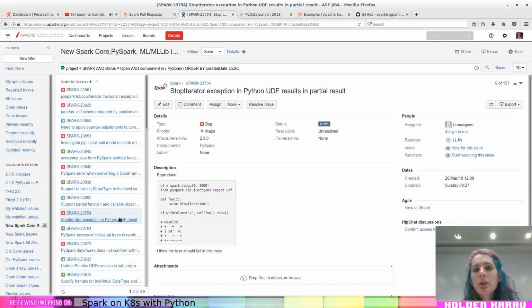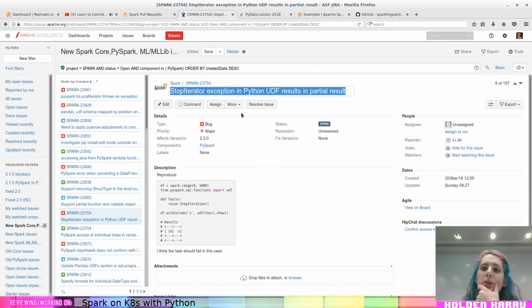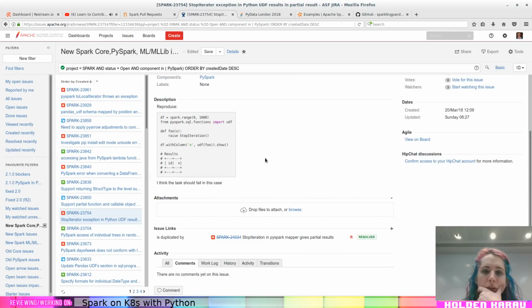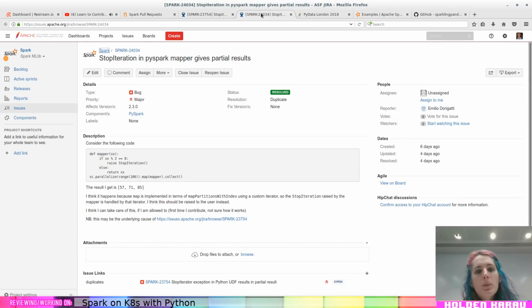Oh, this is maybe not the stop iterator exception in Python UDF results in partial result. That is interesting. Yes, I think the task should fail. And it's duplicated by a later one. Let's see if there's more information. Although,